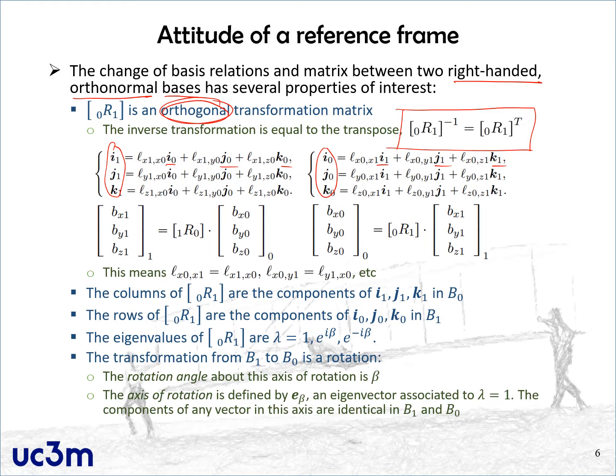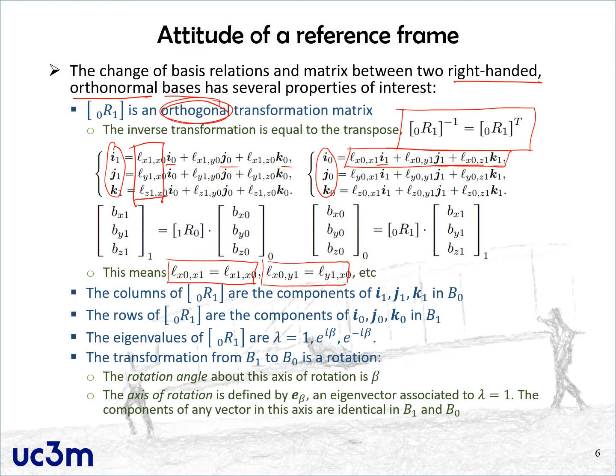So the fact that the relation between these two bases is an orthogonal matrix allows us to infer that the components satisfy this relation. So for example, the numbers that appear here are identical to the numbers that appear here, all right? So basically we have this block of 9 numbers on the left and the block of 9 numbers on the right, and they are just the transpose of each other, all right? And of course, this makes sense because these are the inverse relations